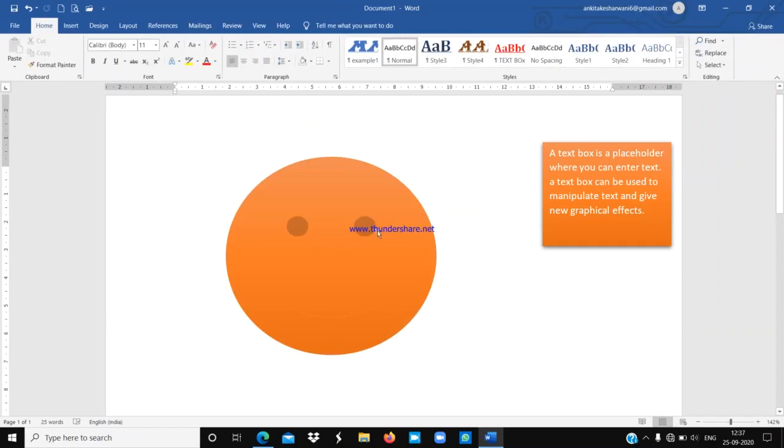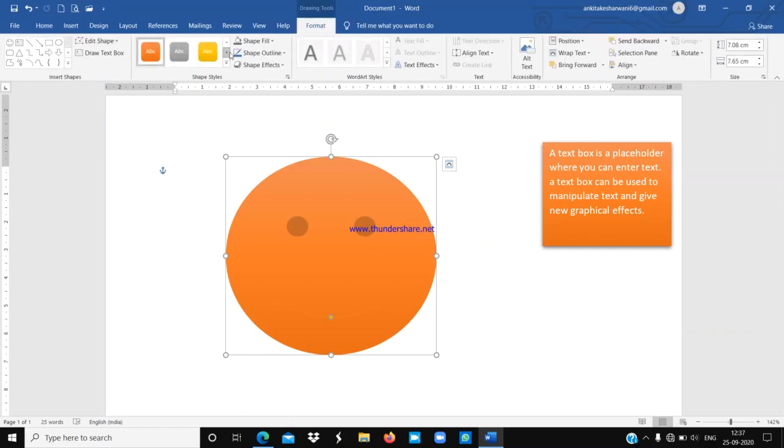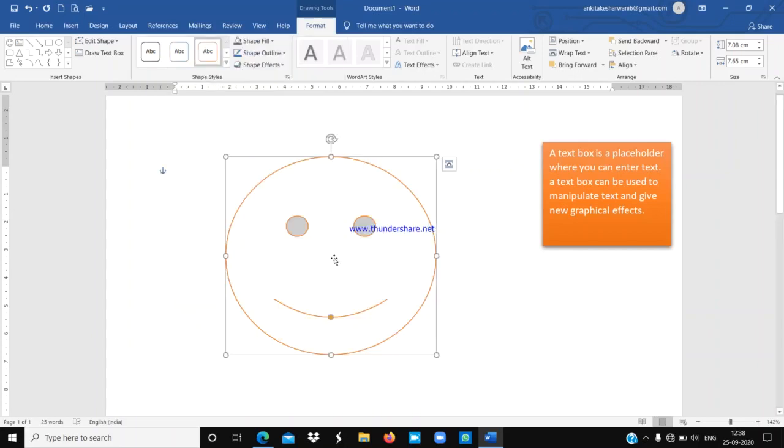You can see this is a smiley but its face is not visible properly, so I am using a different one. I think I should use the simplest one, that is this.